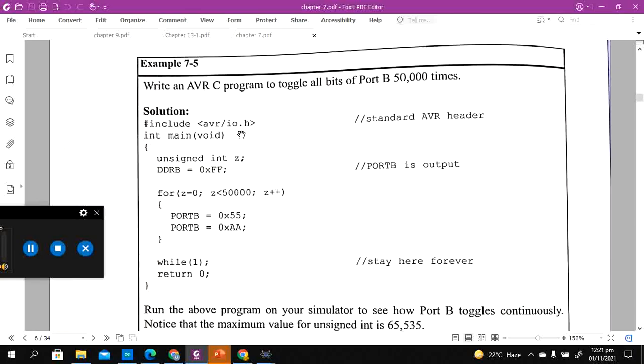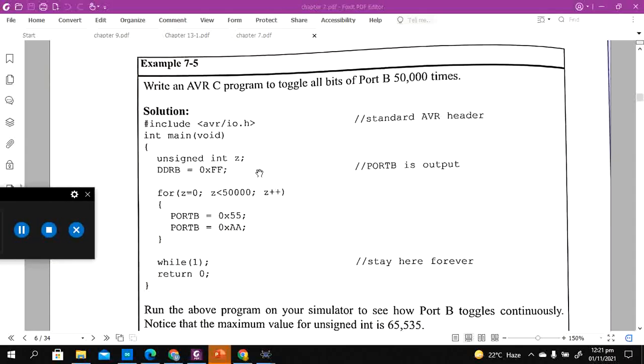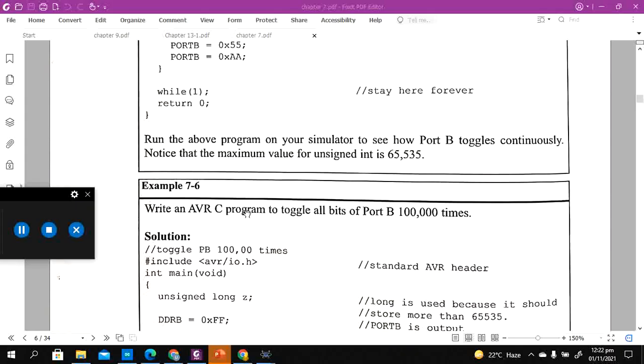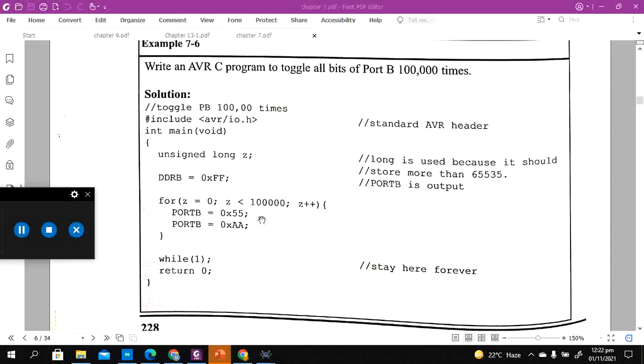So the next program just runs 50,000 times, and it's using the unsigned int. The main important thing is that you understand this is the limit of the number 50,000. If you want a bigger range, you need to have a bigger variable. This range is 65535. That's why we are using the unsigned int. If it would have been, let's say, 200 or 300, it would be better to use the unsigned char for this particular purpose. So an embedded engineer always looks for the right data type when he's doing something.